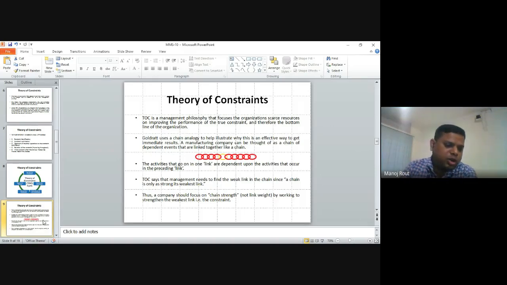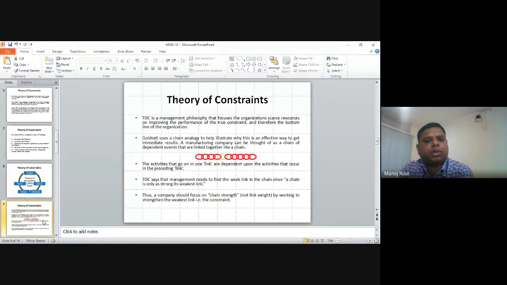So the theory of constraints says that management needs to find the weakest link in the chain, since a chain is only as strong as its weakest link. Thus, the company focuses on chain strength, not link weight, by working on the strength of the weakest link, that is the constraint. So here we learn from the theory of constraints that suppose you have 4 to 5 workstations, and whenever you flow the raw material from one workstation to the end workstation, in between that